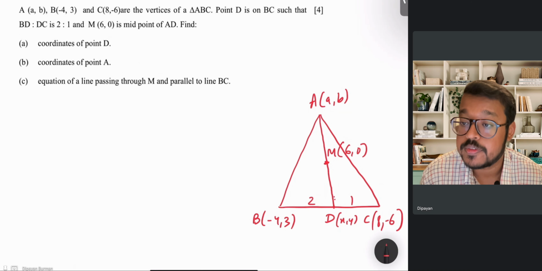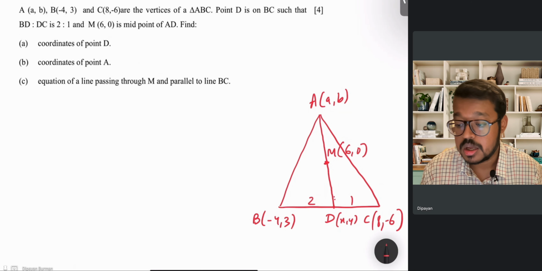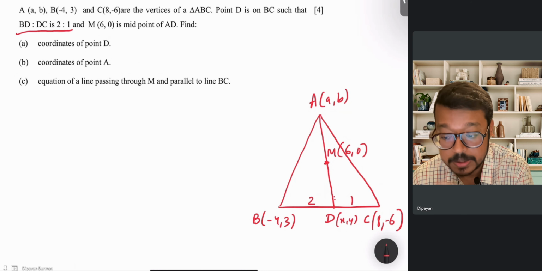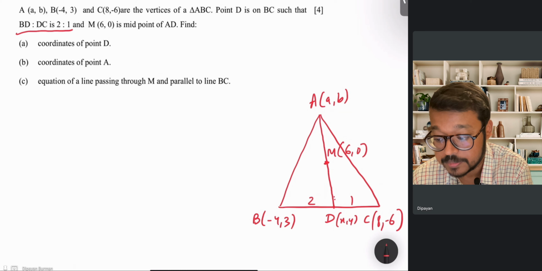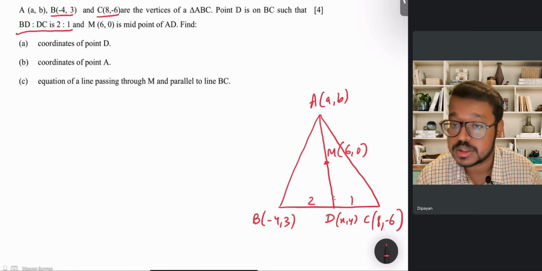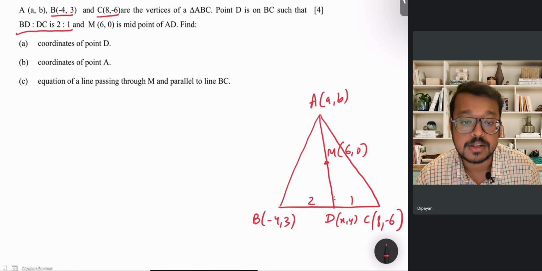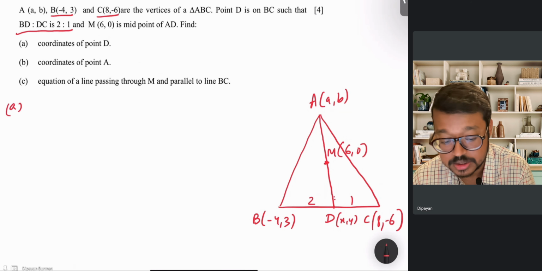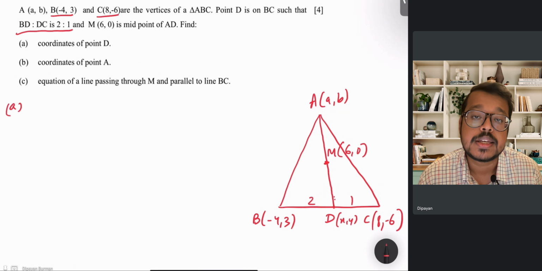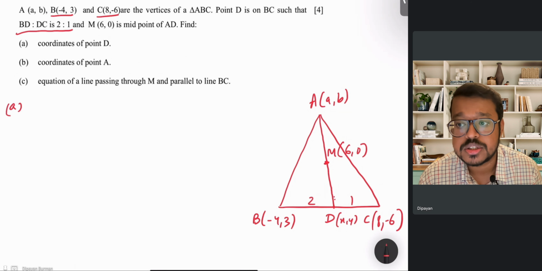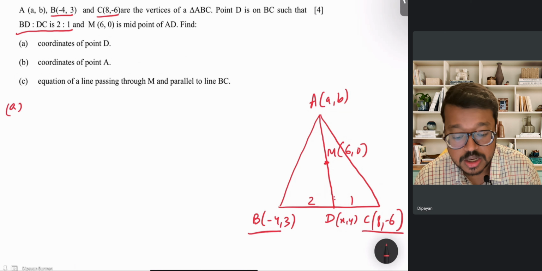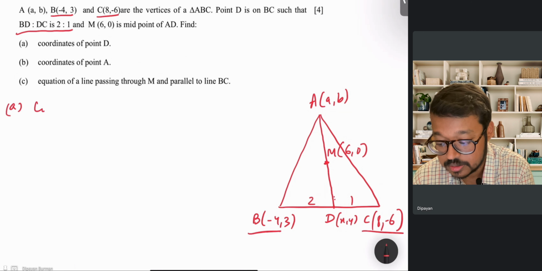First, we are interested in finding point D. So it is given that BD is to DC is 2:1, and points B and C are known to us. So the rough diagram that I have drawn should be helpful. Now, for finding the coordinates of point D, we will have to apply the section formula. The ratio of division is known, and coordinates B and C are also known. So coordinates of D,